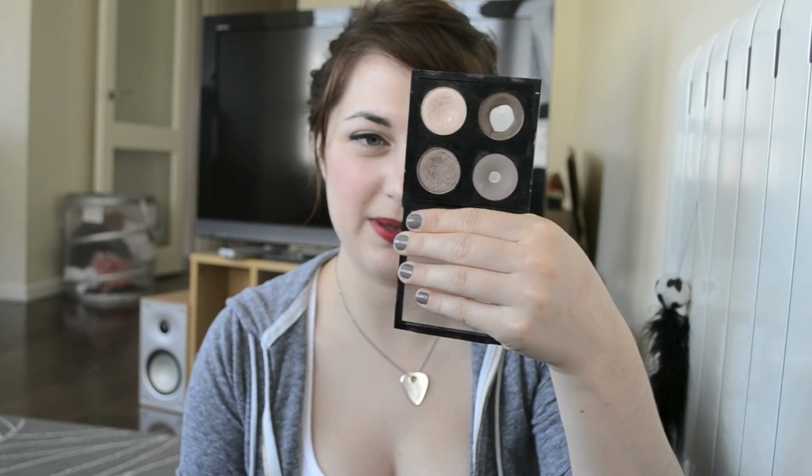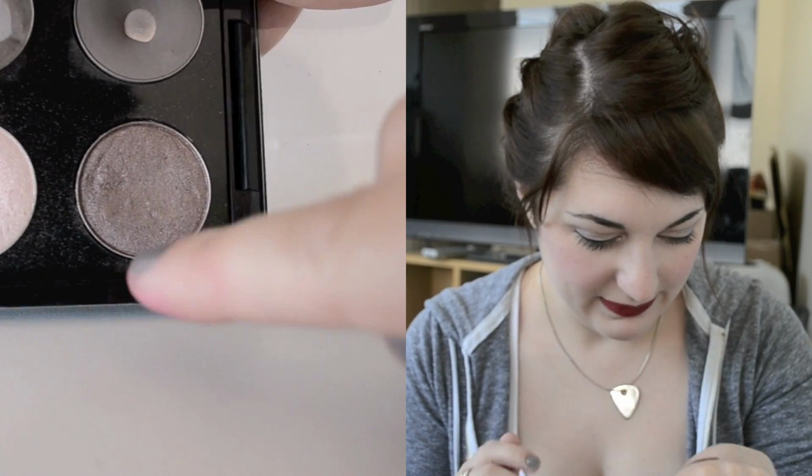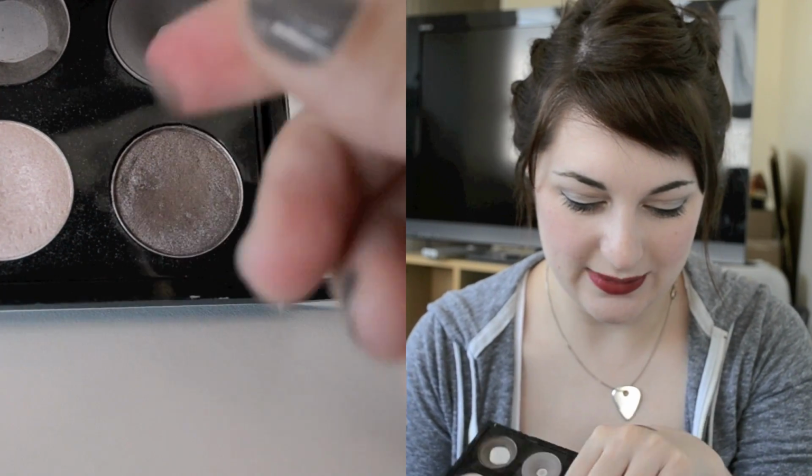Everyone seems to love Satin Taupe, but whatever. So Satin Taupe by MAC, it's a kind of taupe colour, but I would say there's a little bit of red in it, and there's a bit of a bronze sheen to it. Every time I wore it, I felt like it made my eyes look greener,